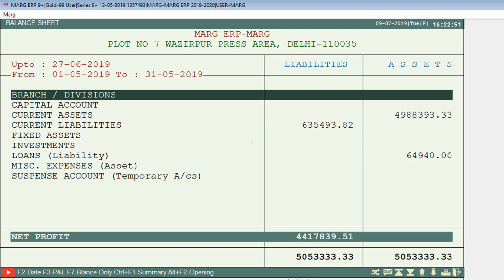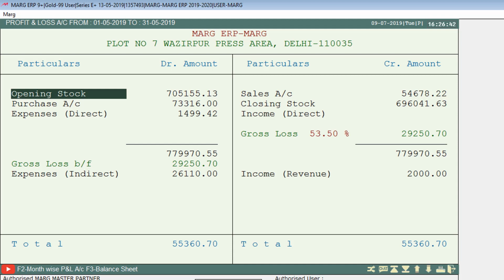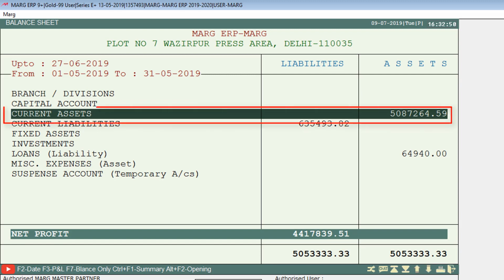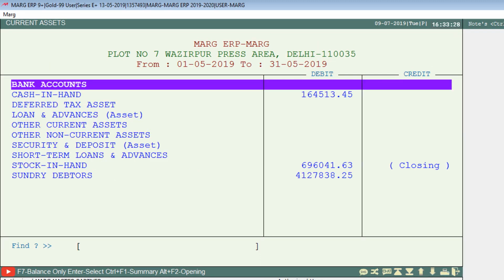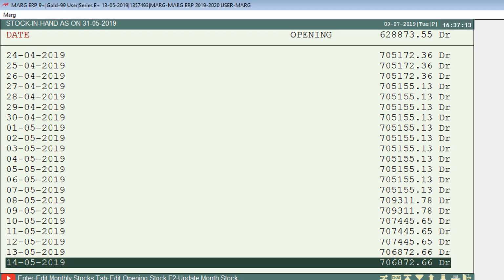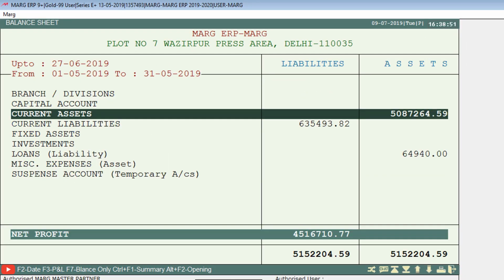Now if you need to switch to the profit and loss statement from this balance sheet window, then press the F3 function key. So in this way you can directly switch to the profit and loss statement window. Again press the F3 function key for coming back to the balance sheet window. Moreover, if you want to view any component in detailed form, then either click on that component or simply press enter. So here you can view the detailed form of the selected component. Now if we keep pressing enter on any of the components, then the software will display the further details of that particular component, as you can see on the screen. Now keep pressing the escape key and come back to the main window of the software.